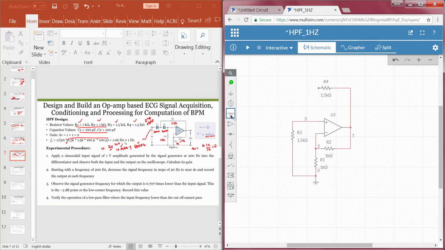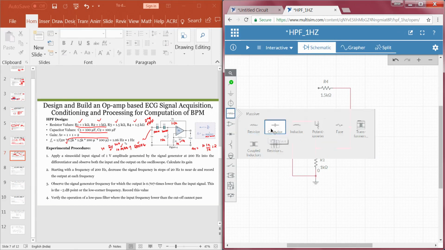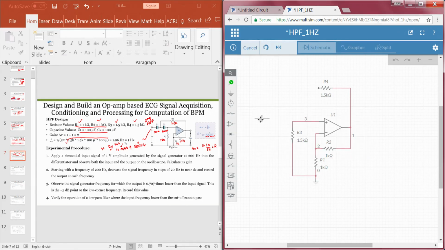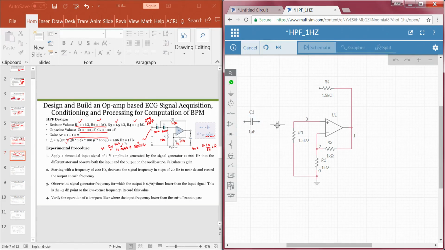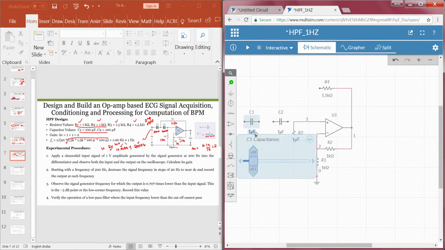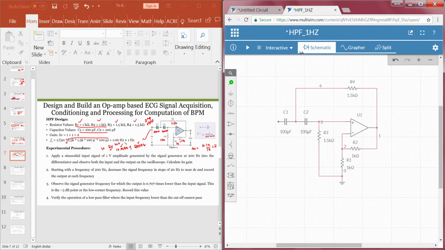Then what else? I have to take capacitance. So, I will go with 2 capacitances, one is C1 and the other one is C2. The value of capacitance that we use is 100 microfarad, 100 microfarad here as well. Now, let me make the connections here. So, this particular point has to be connected here and this point has to be connected here, right. So, with this combination of a circuit we can observe high pass filtering at a cutoff frequency of 1 Hz.